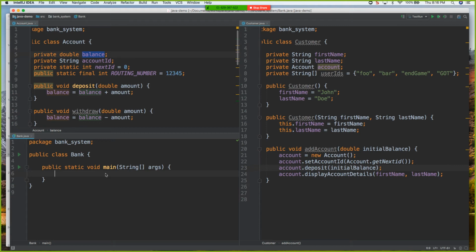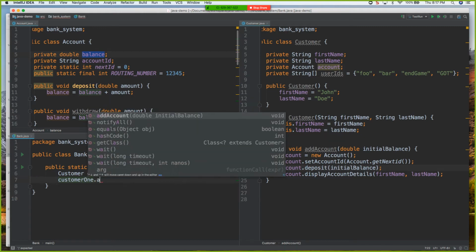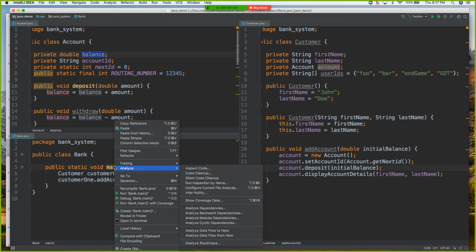So every time we create a customer, let's say customer, and we call it customer 1 equals new customer, right? Now we have an option here. We have an option to either pass in the full name, or first name and last name. We also have an option to not pass in anything. But for the sake of testing, right? Let's not pass in anything. And then we say customer 1 dot add account with the value $200, right? And if I run this code,